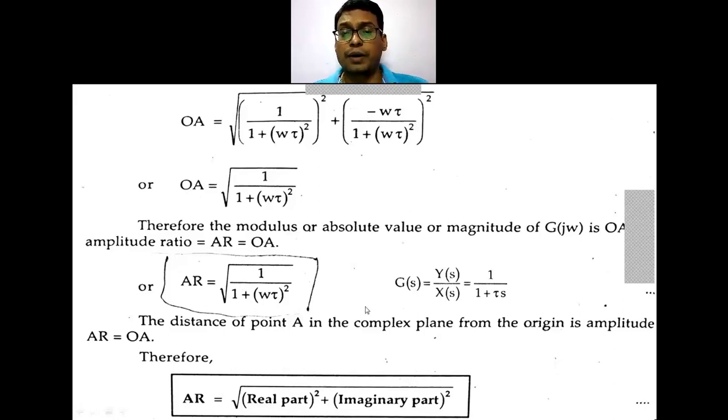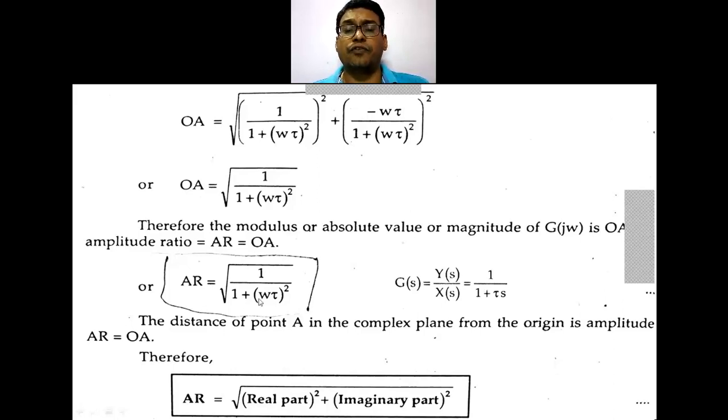You have to remember that for this transfer function 1 upon 1 plus tau s, the amplitude ratio comes as 1 upon 1 plus (omega tau) square, because we are directly using the similar transfer function and calculating the amplitude